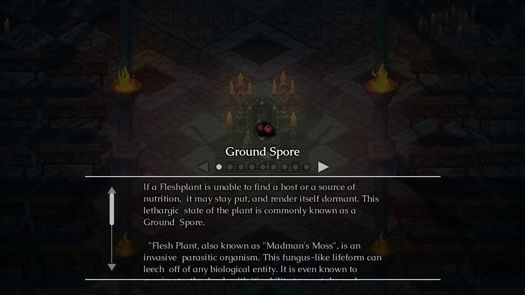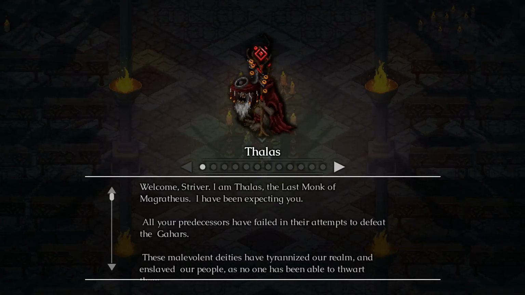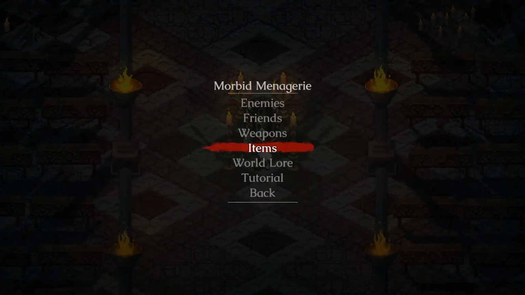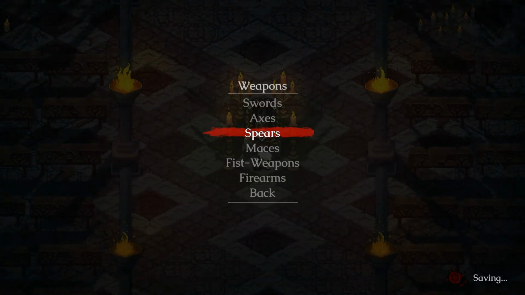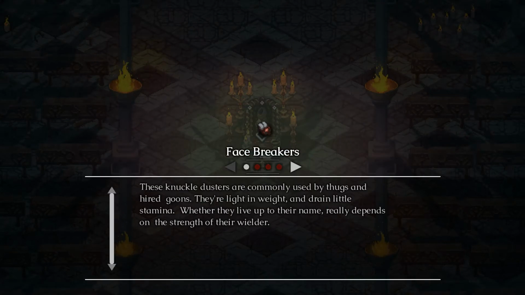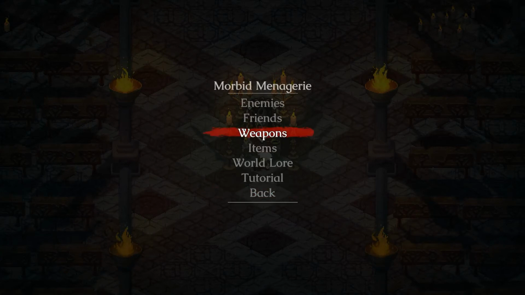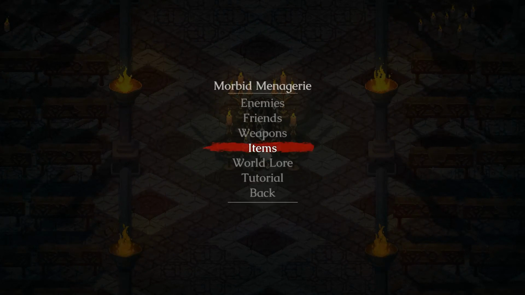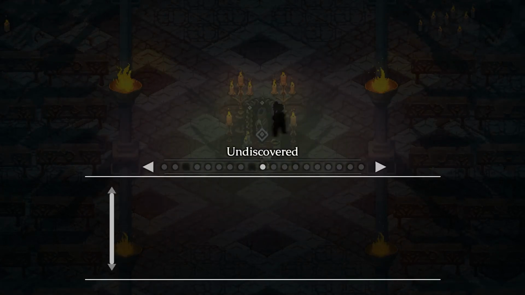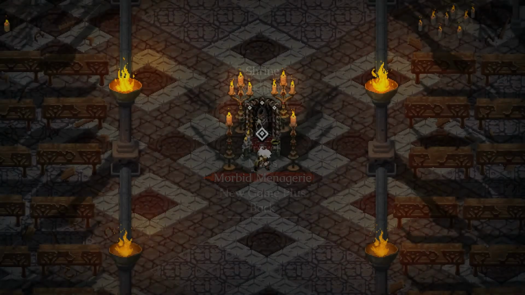Okay, and with that, the bestiary is complete, as is pretty much everything else. The friend list, the weapon list should be complete. Actually, I guess we can check. All the swords are complete, axes are complete, spears are complete, maces, fist weapons, and firearms. Well, we don't know really, because we don't have an entry for every single one. Oh, yep. Okay, the only thing we're missing is, curiously, 3 early game tutorial entries. Not really sure how that's possible, but